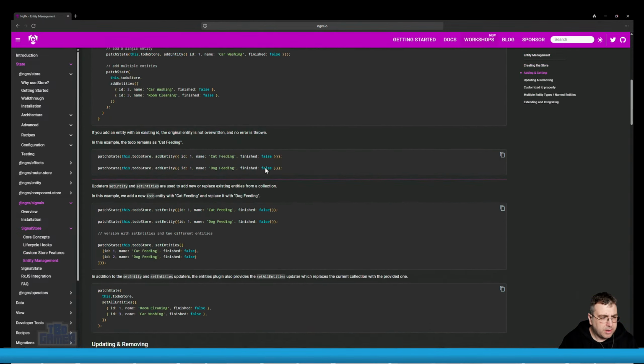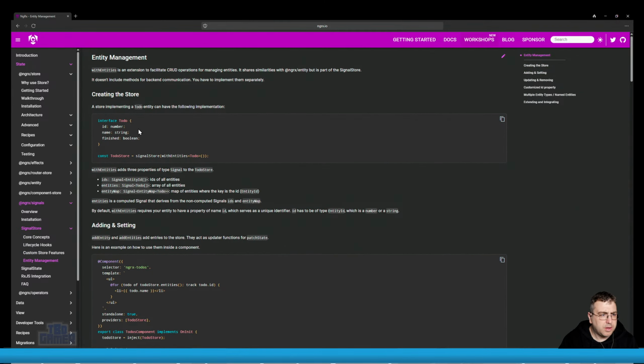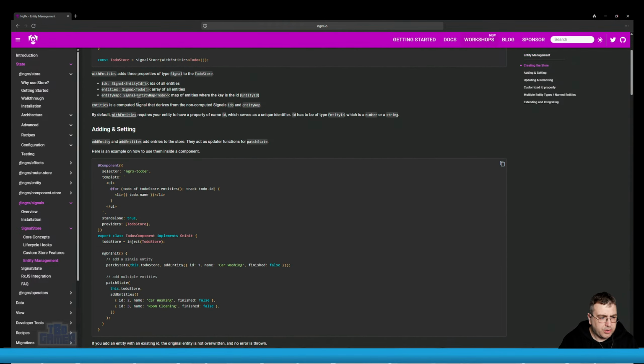Entity management. So, with entities is an extension to facilitate CRUD operations for managing entities. It shares similarities with entity, but it's part of the signal store. It doesn't include methods for backend communication. You have to implement them yourself. That's fine. So, does the with entities work across the store, or does it work here? If it works here,